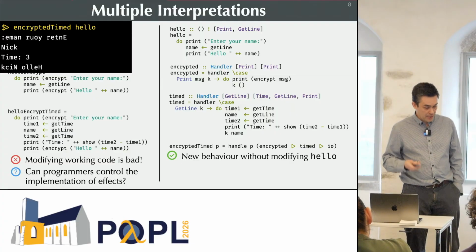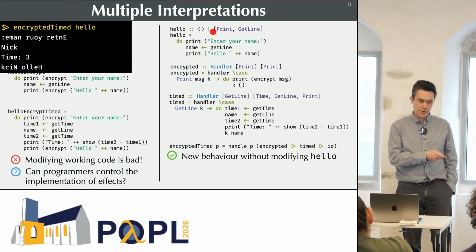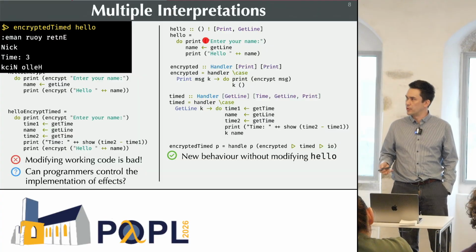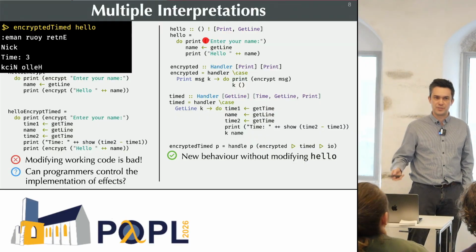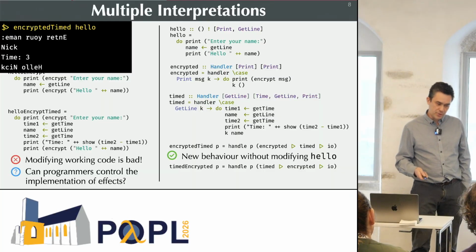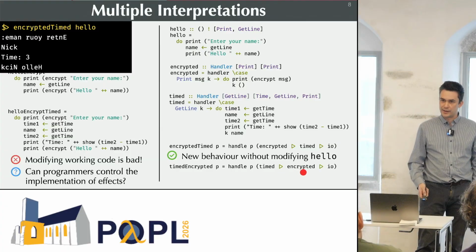But of course, and the good thing here is that we've managed to modify our behavior of the hello program without modifying the hello program itself, right? We've changed the way that the operations have been interpreted, and we're happy because we've gone beyond the first year where we've had to change our code in bad ways. But what we can also do now is we might be able to commute our handlers down here.